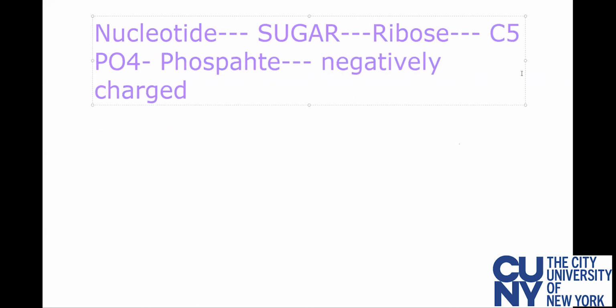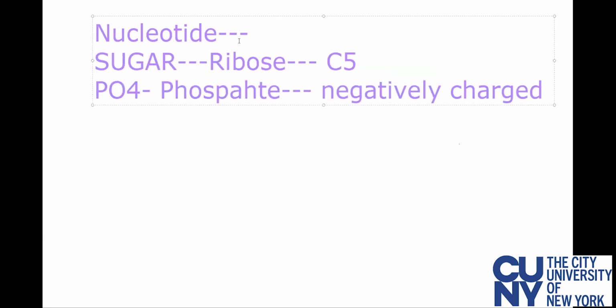So if I ask you why DNA and RNA are negatively charged, that negative charge is given to the DNA or RNA or any nucleic acid by the phosphate molecule. A phosphate molecule is made up of a phosphorus atom and 4 oxygen atoms. So a nucleotide is made up of sugar, ribose, phosphate,